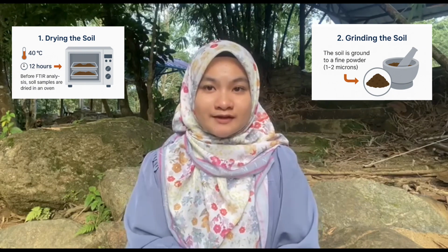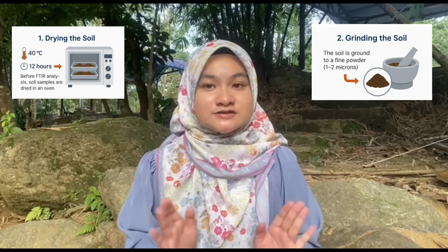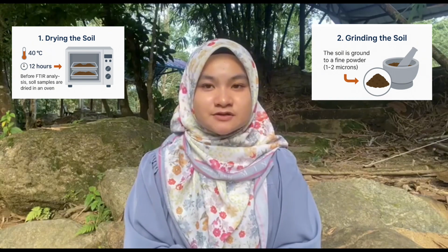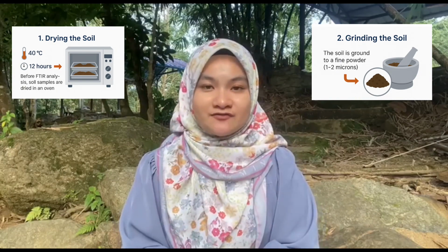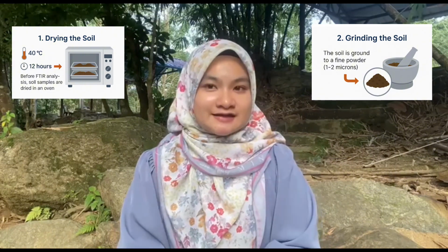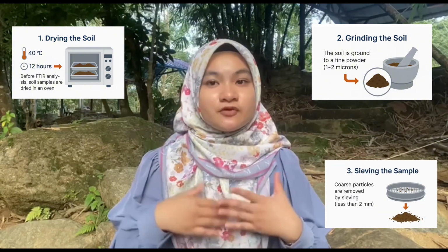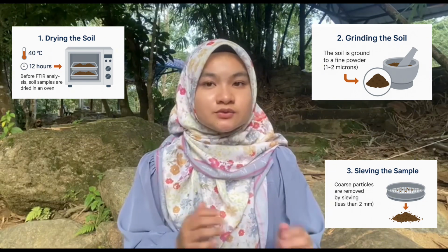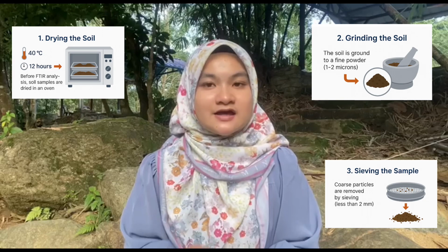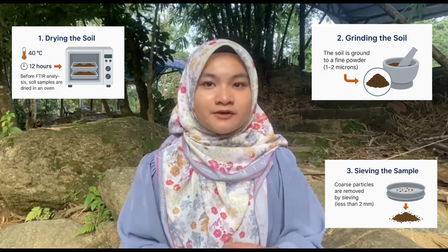For FTIR analysis, soil samples must be completely dried in an oven to avoid moisture affecting the infrared spectra. Usually, 40 degrees Celsius is used for about 12 hours. After the drying process, the soil sample is screened until the particles reach a size of about 1 to 2 microns or even less. The powder obtained has a higher spectral resolution and also satisfies the requirement of a sample with uniform composition. In addition, a sieving procedure is used to remove coarse soil after the grinding step, usually to a fraction size of less than 2 mm,